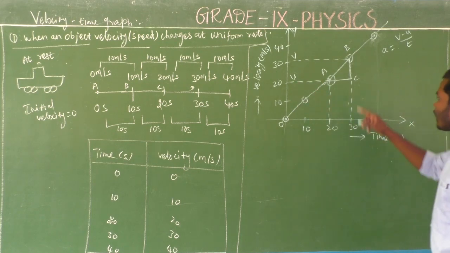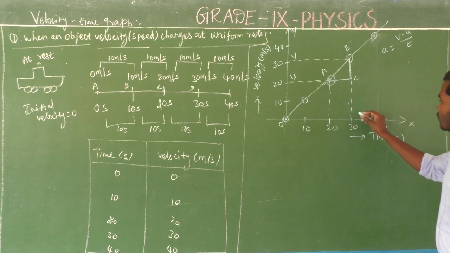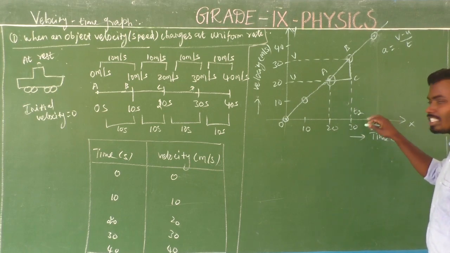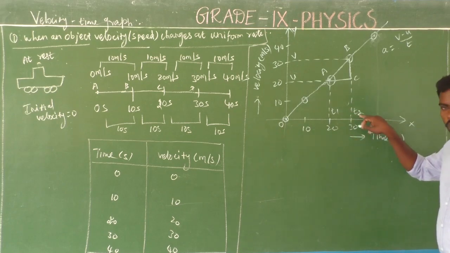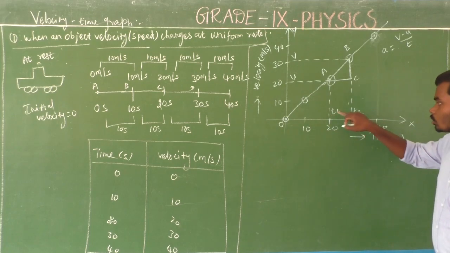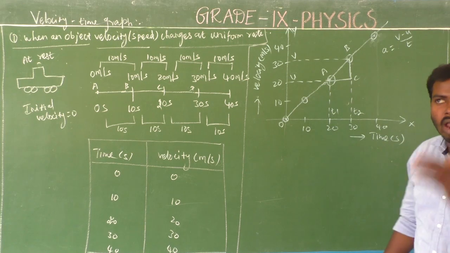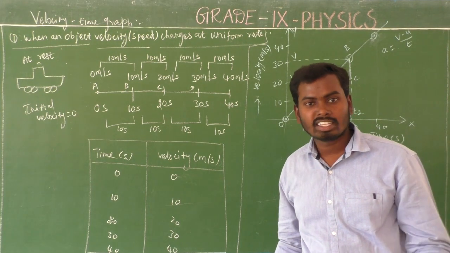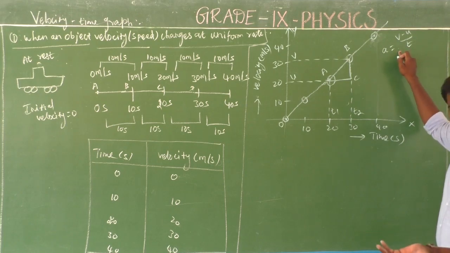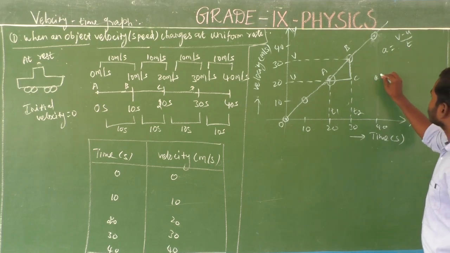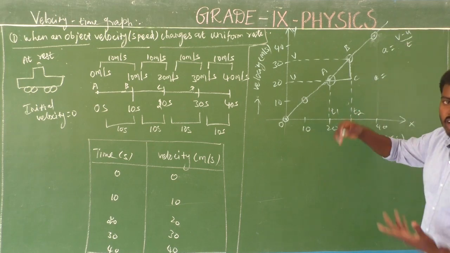Then what is the time factor? If you look at here, this is time interval 2 and this is time interval 1. This is t2 and this is t1. Because this is the larger quantity and this is the smaller quantity, we always subtract the smaller quantity from the larger quantity. That is a common thing. Okay? So already we know a equals (v minus u) divided by t, which means that is acceleration.